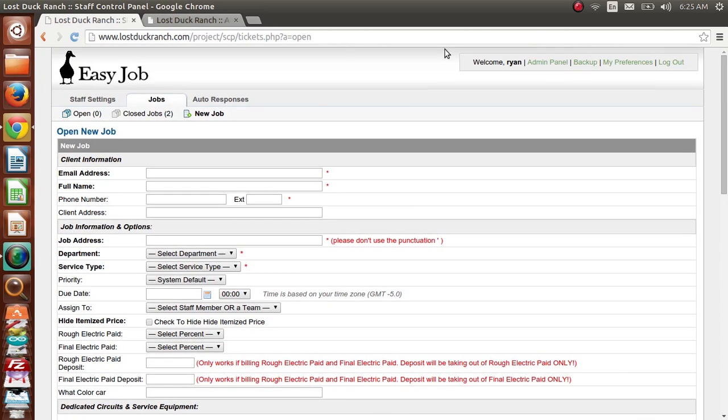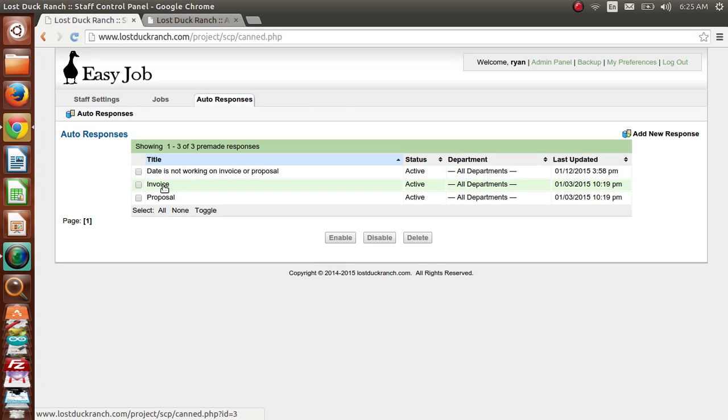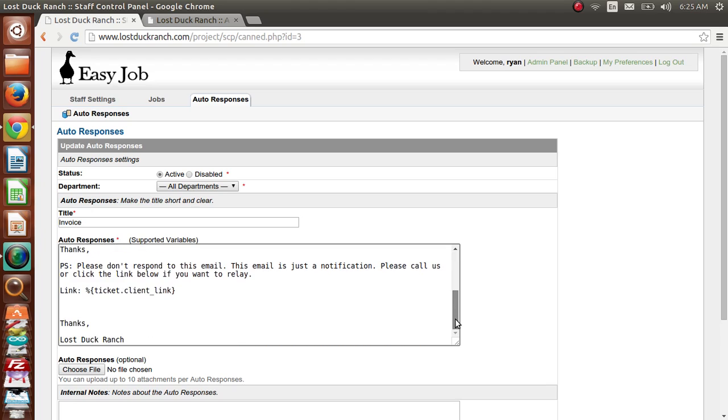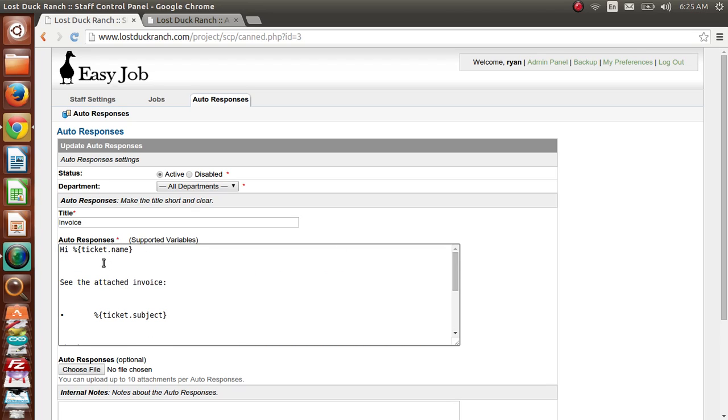The next thing you're going to want to probably mess with is your auto responses. Auto responses are for just job communication in general. Say you want to send out an invoice and you want to send out an email. You could go in here and you could custom make how you want your email to look. That way you don't have to always type. And then you can also use